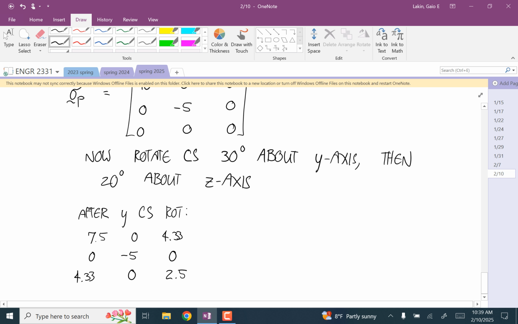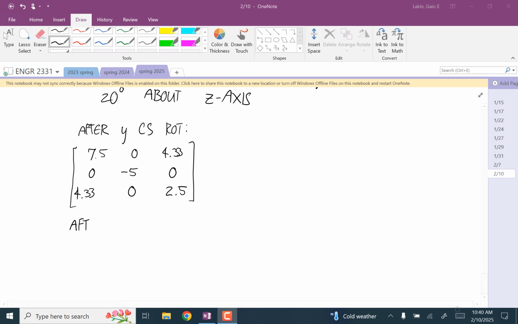Did anyone else do this? Did you get that same stuff? That's a good sign. Okay, and now, so already we have something where the eigenvalues aren't easily recognizable, and I'm going to do